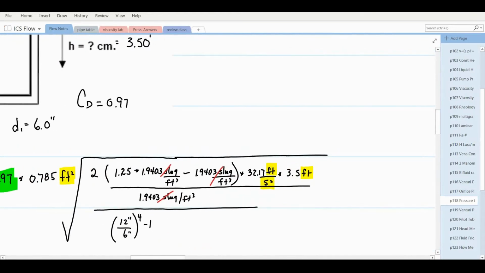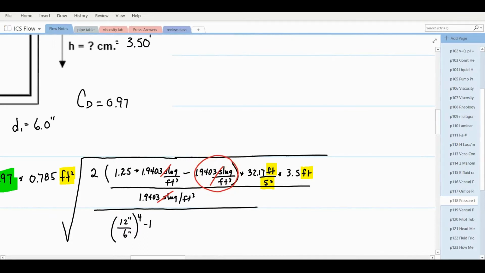So the density of the manometer fluid is first. It's 1.25 times the density of water. I could have multiplied this out, but I think you'll find it's easier to solve if you keep them separate like that. Just say it's 1.25 times as dense as the process fluid, or water,